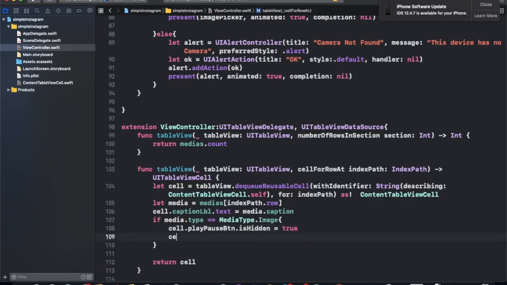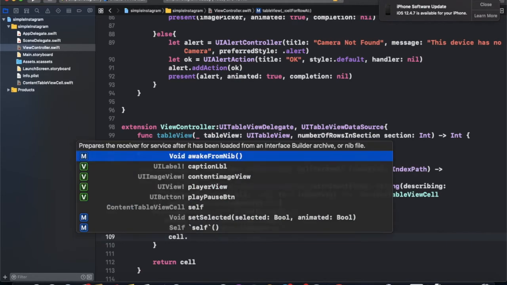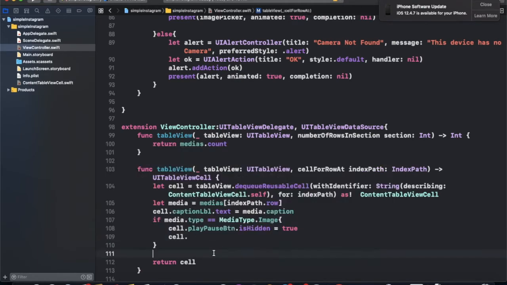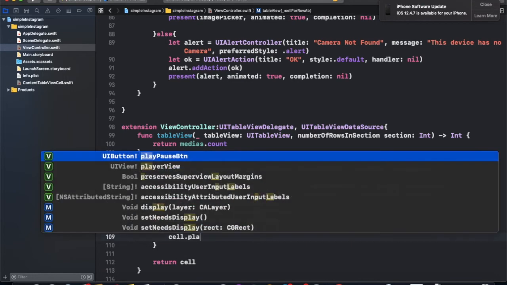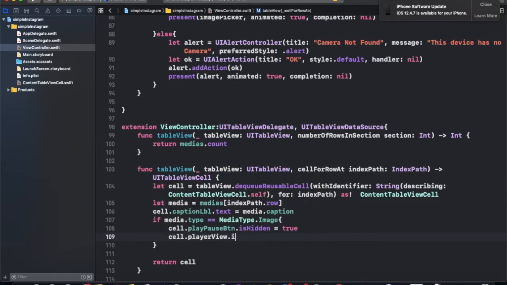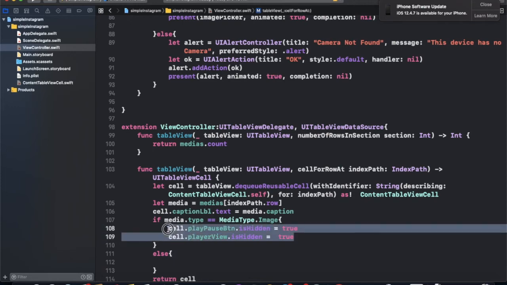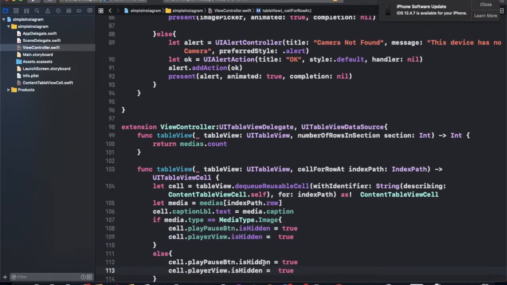Same for the player view, isHidden equal to true. In the else case, we make both of them false.